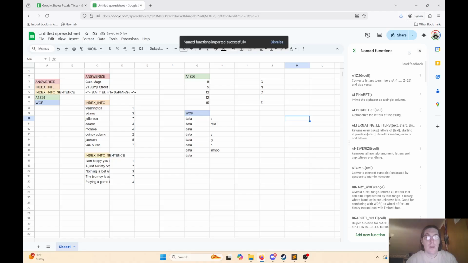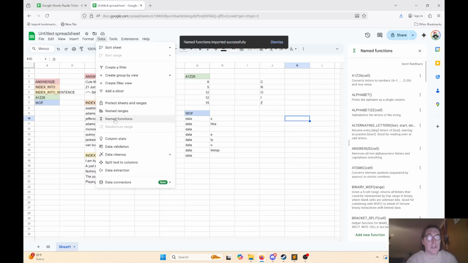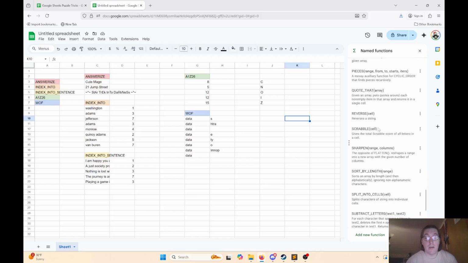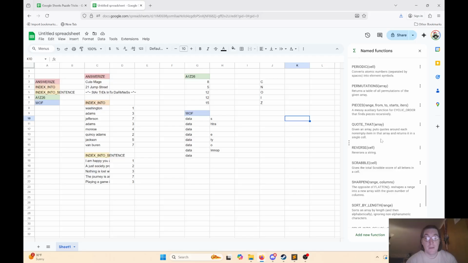Okay. So now we see these named functions here, and you don't need to keep this open, but if you go to data, named functions, it will always pull this sidebar back up. You can always look at what named functions there are. There's a lot of them. I haven't dealt with all of them yet,